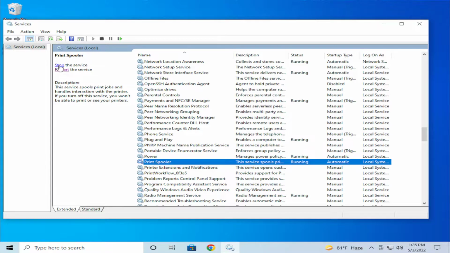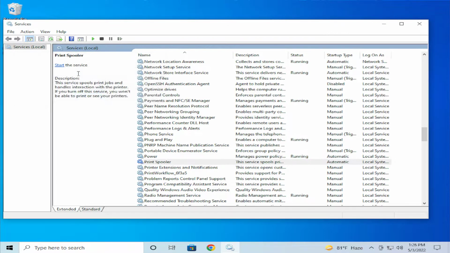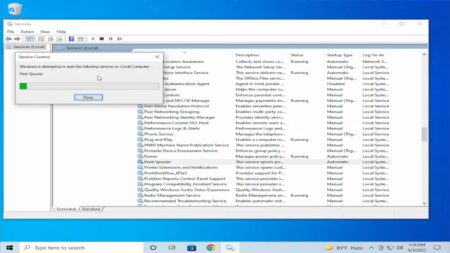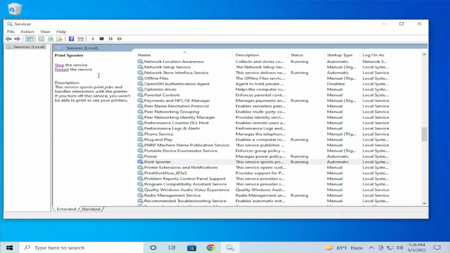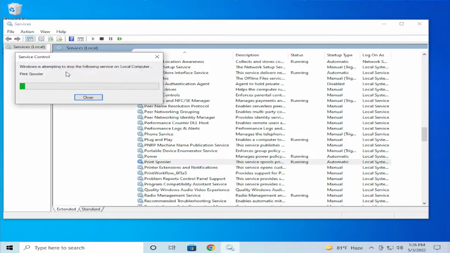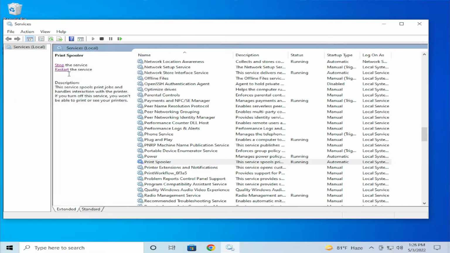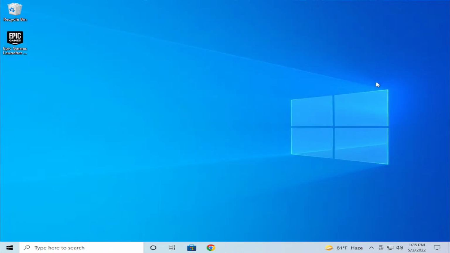And you can try to stop the service and click on start and verify if your printer is fixed, or restart this service in this section and wait a moment and verify in the status column that the service is running. Click on close, and the third option is